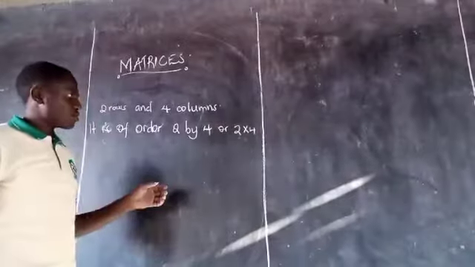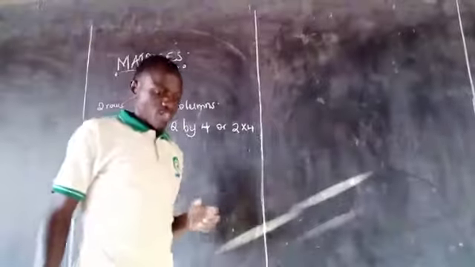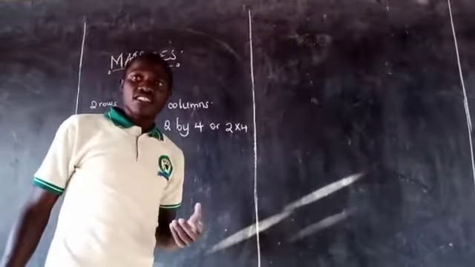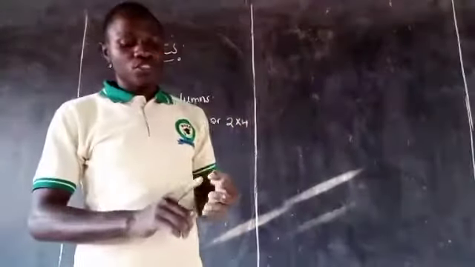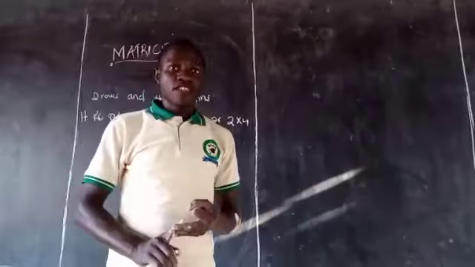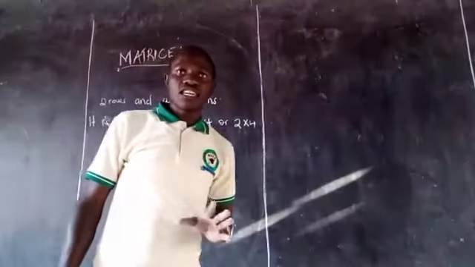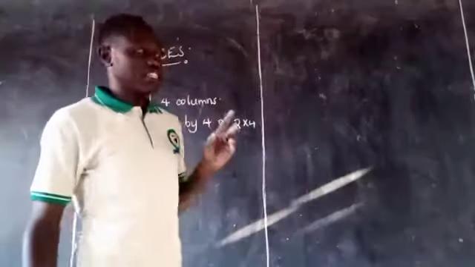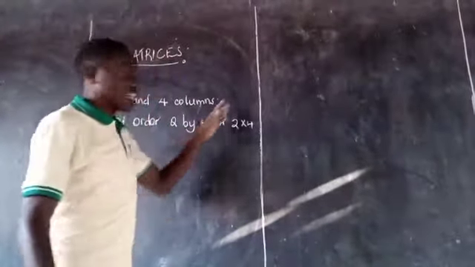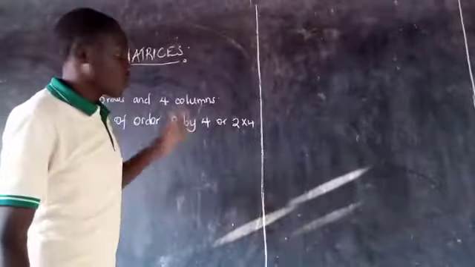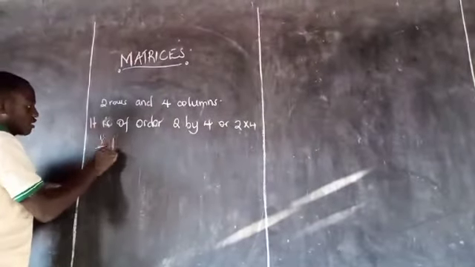Today we shall switch to another aspect under matrices, and that is operation of matrices. Operation of matrices mainly involves addition, subtraction, and multiplication of matrices. The part we don't talk about is division. We don't divide 2 matrices together. It isn't possible. We can only divide a matrix by a scalar, and that is also under multiplication. But 2 matrices cannot be divided together. So let's start with addition.